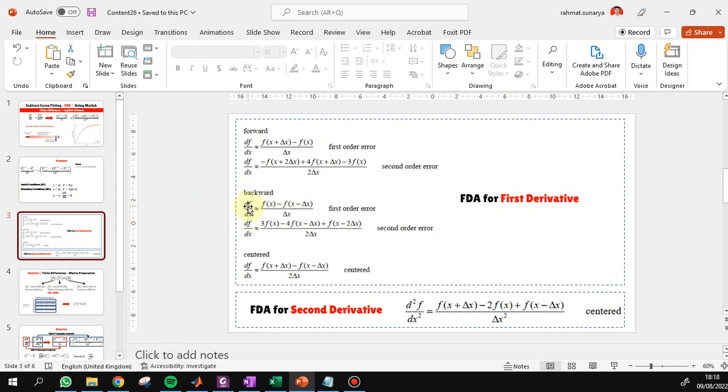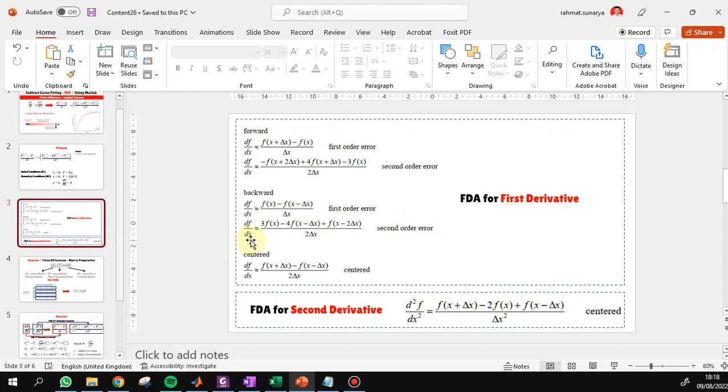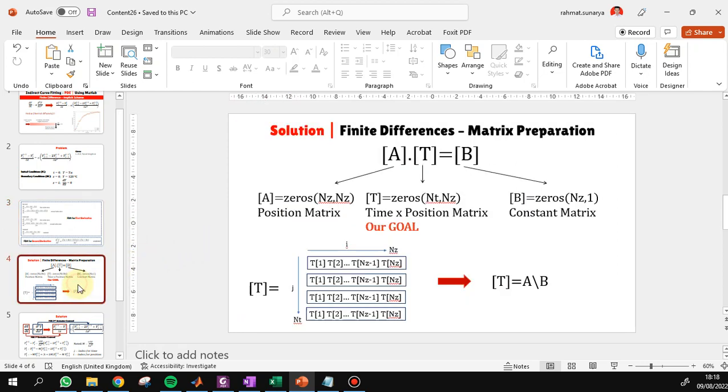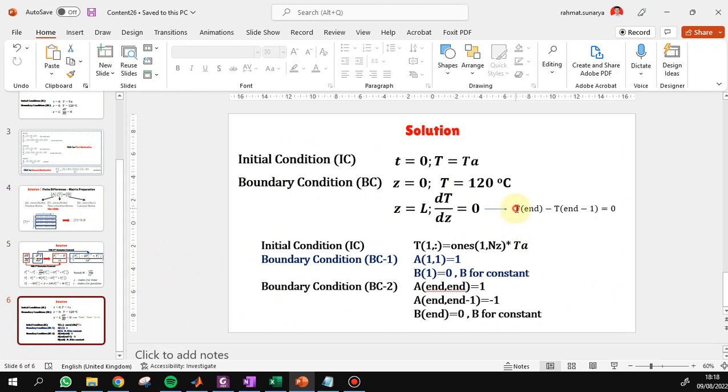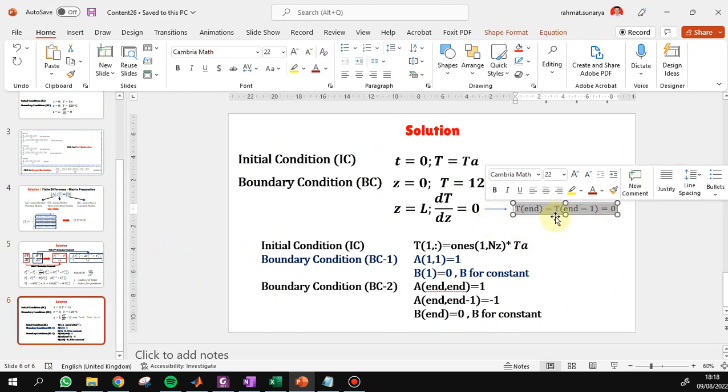So 0 multiplied by dx is 0, so only this form remains: Tn minus Tn minus 1 equals 0.